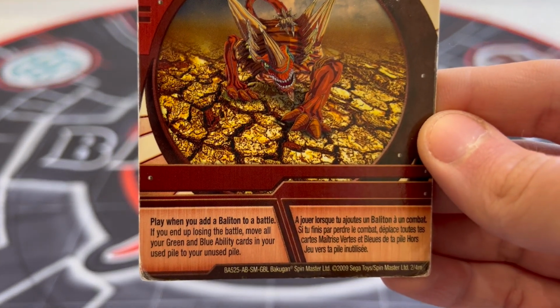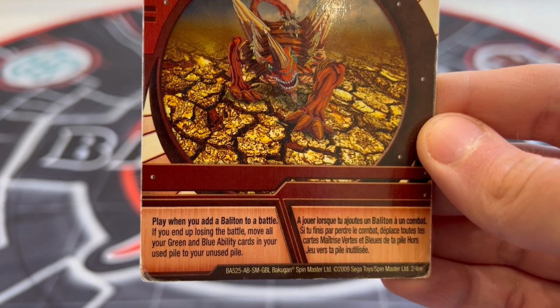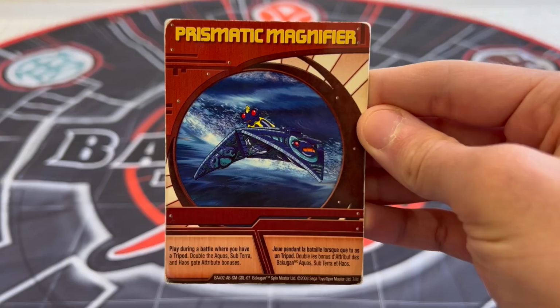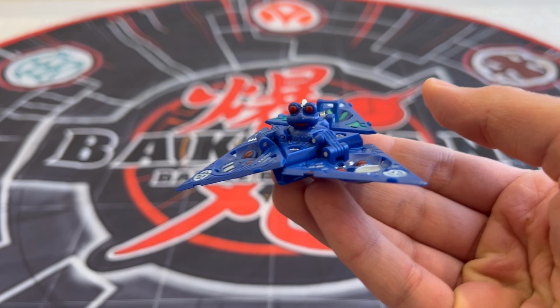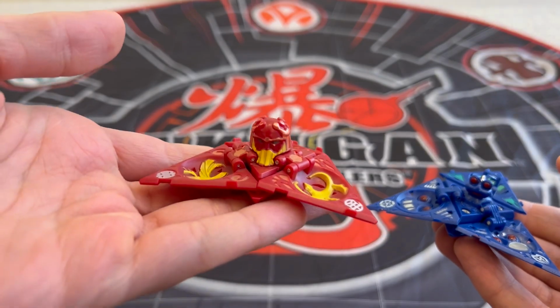Like it says here, play when you add a Balutin to a battle. If you end up losing the battle, move all your green and blue ability cards in your used pile to your unused pile. As for Prismatic Magnifier, this card can be played with either your Tripod Epsilon or Tripod Theta,